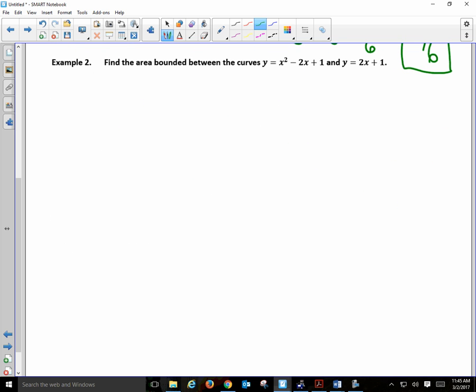Number 2, find the area bounded between the curves y equals x squared minus 2x plus 1 and y equals 2x plus 1. What's different about this problem compared to the first one? You're not given any bounds. So there must be an area that's completely enclosed by those two that we're trying to find then. If I draw my shape,